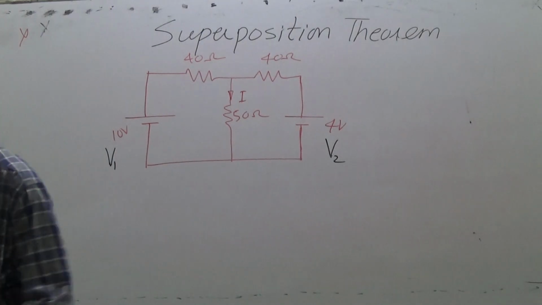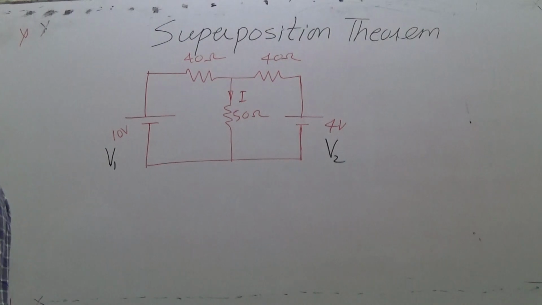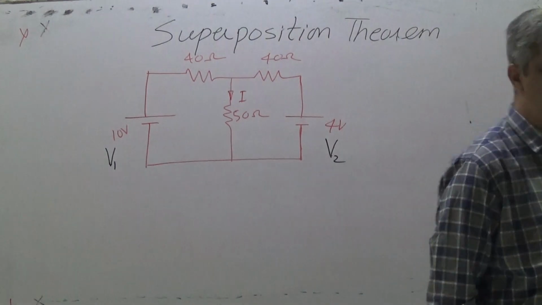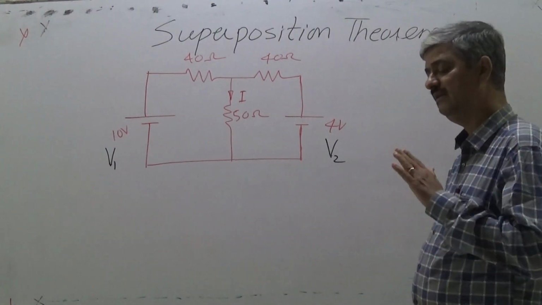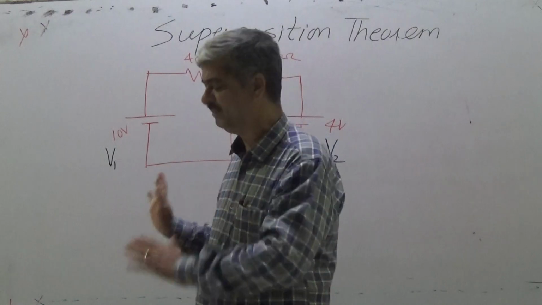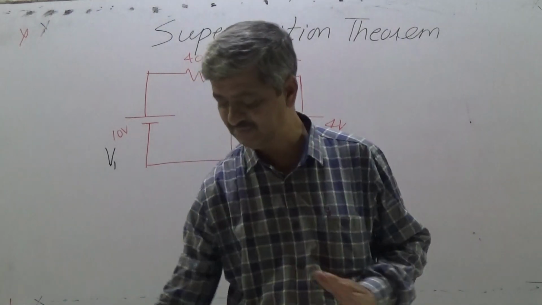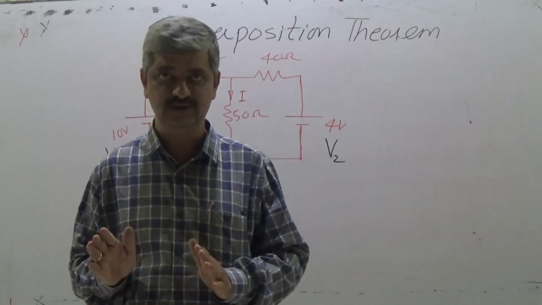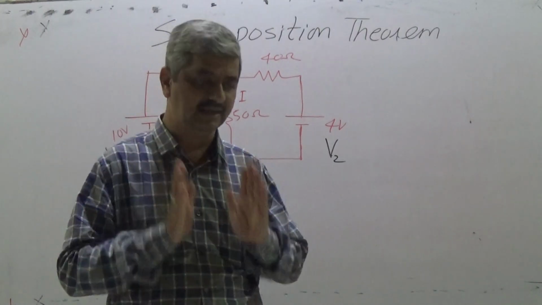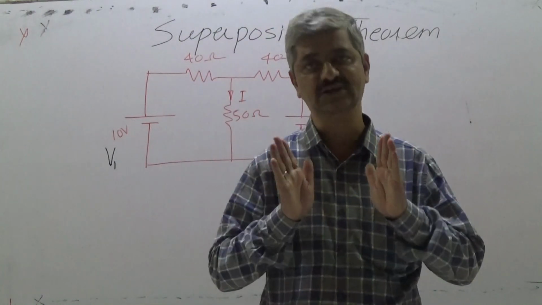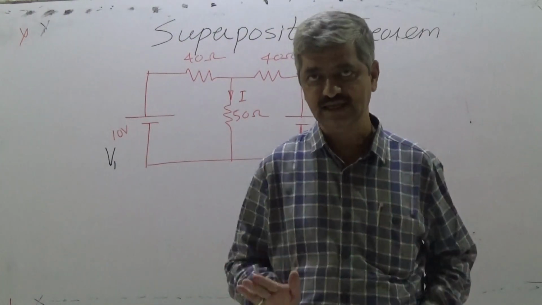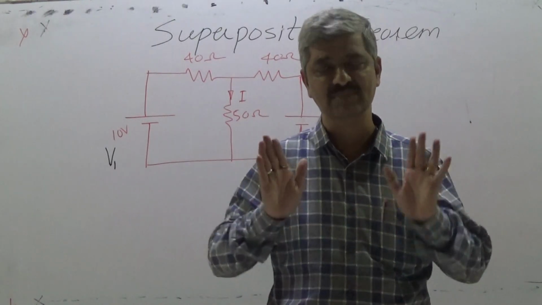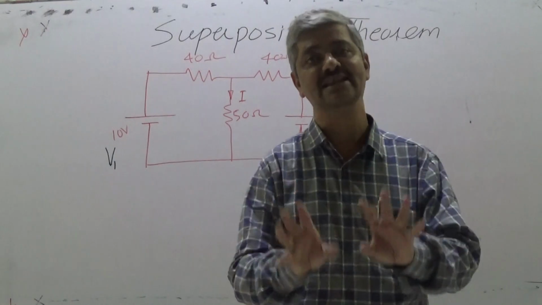There are other techniques also. There is a new concept of current source, but right now we will not be touching it. We will be confining our discussion to the superposition theorem. So by various methods, everybody will now be well equipped to calculate the current in any path or voltage across any two points in an electric circuit which may consist of multiple voltage sources and multiple resistances connected in any fashion.